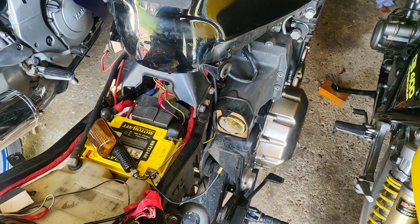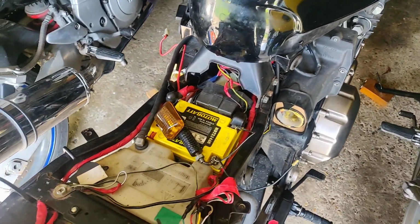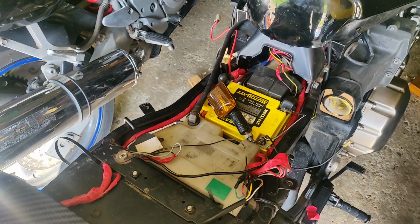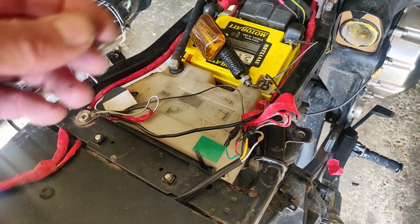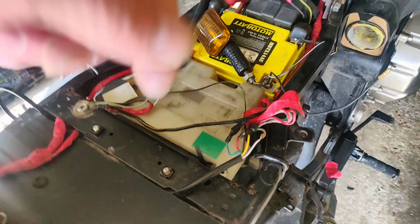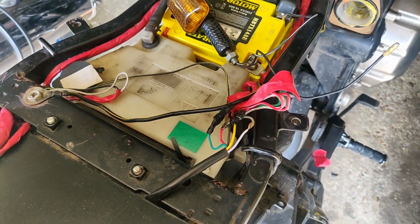Highs and lows of playing with bikes. Starting to look at the electrics and thought, oh, for hell's sake, because it's just been taped everywhere, and you've got connectors that, you know, I had a spade and a bullet taped together, that sort of thing. But